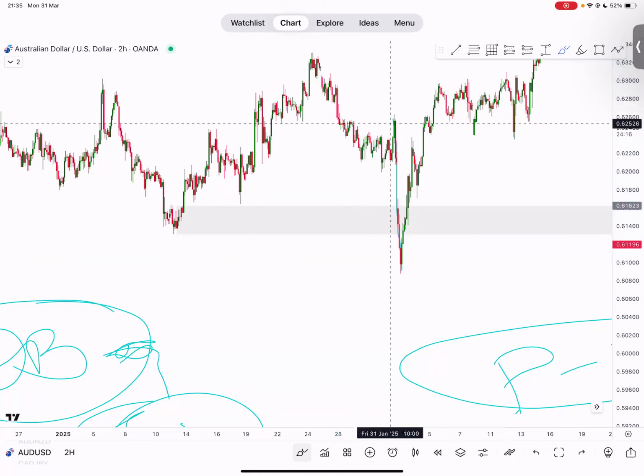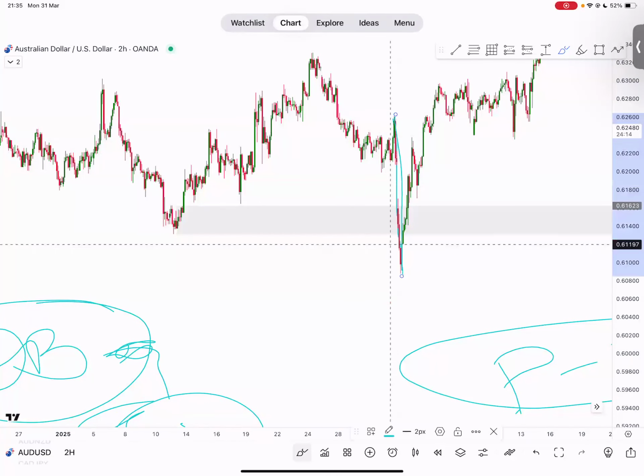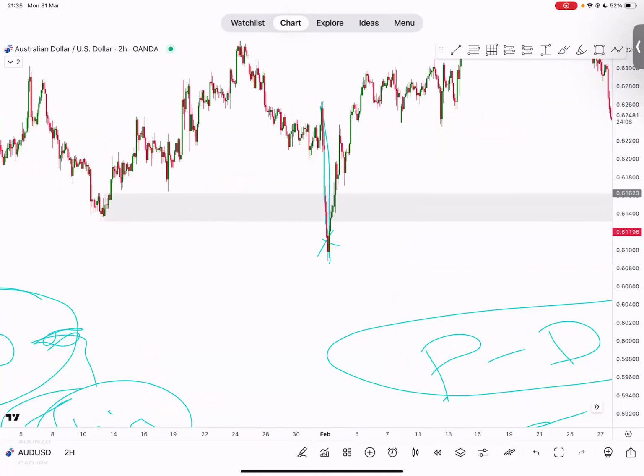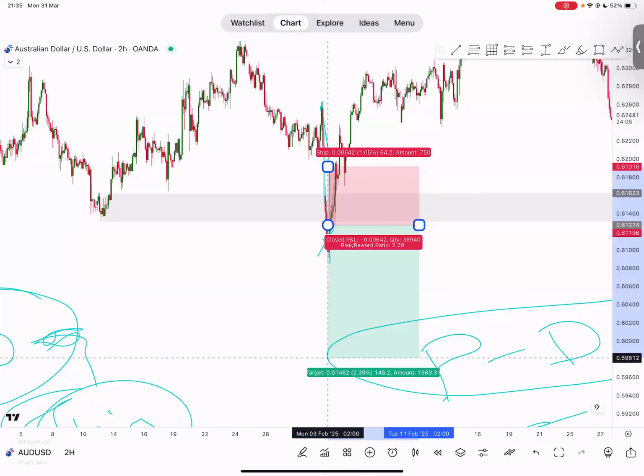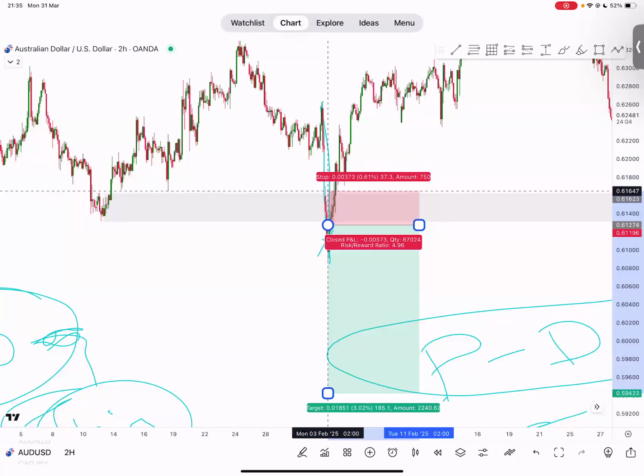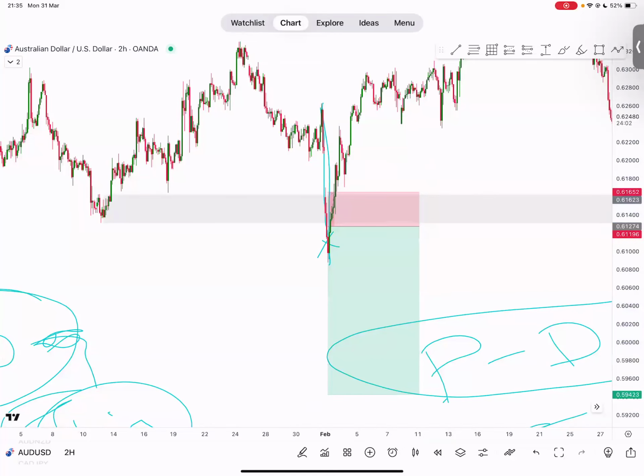Instead, what did he do? He just took it out with no reaction to it before taking it out. And then imagine now that I was looking to take the breaker block opportunity at this point. And then you can see that price came